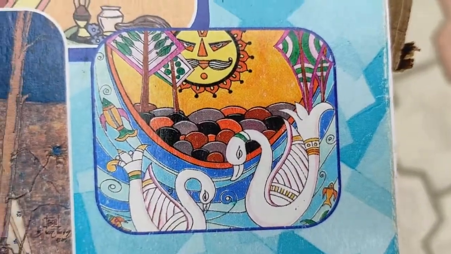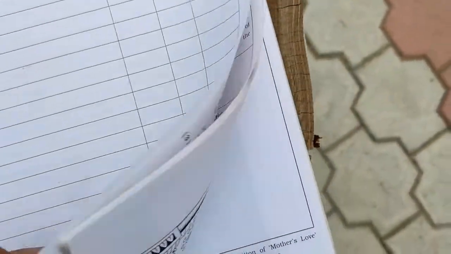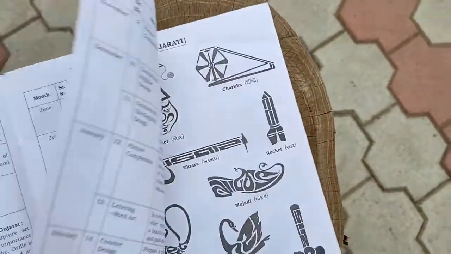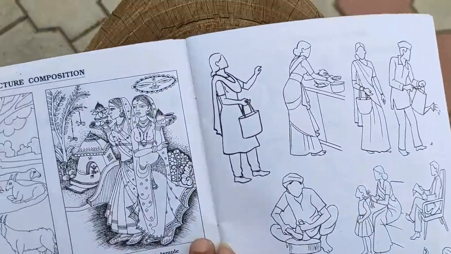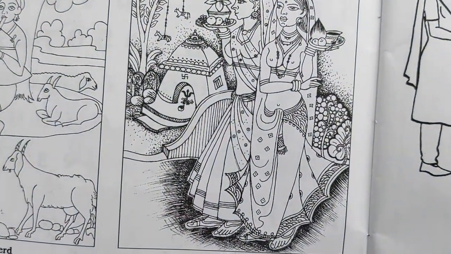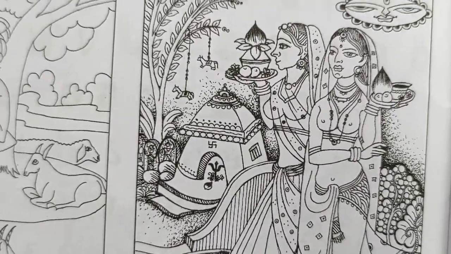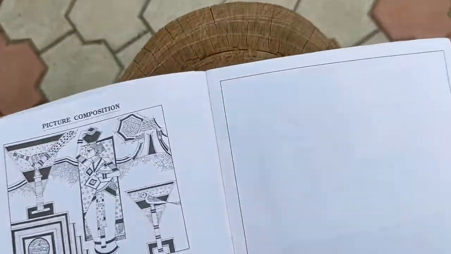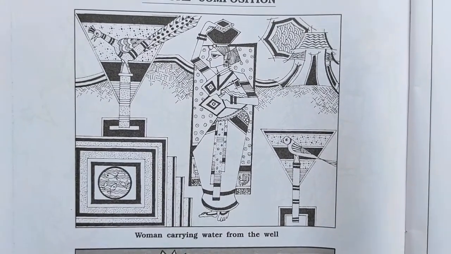Then this is known as decorative design type of thing that we will talk about later on. My first thing was to tell you where the textures are useful to us. I turn the pages. Okay, this is picture composition. Here you can see some textures in the dress of the ladies, besides some textures in the background. Yeah, here you get the clear idea. Picture composition.